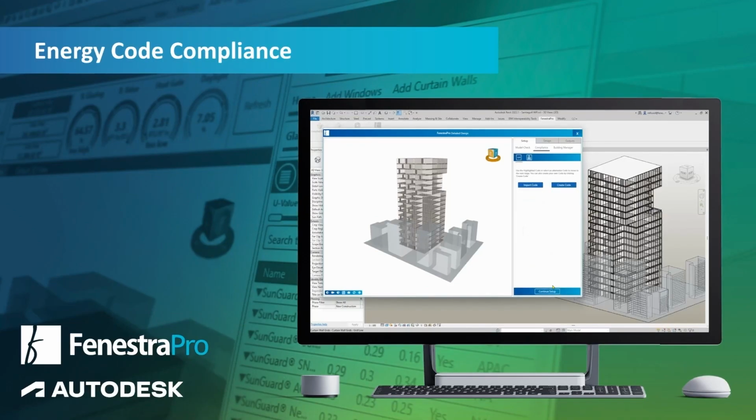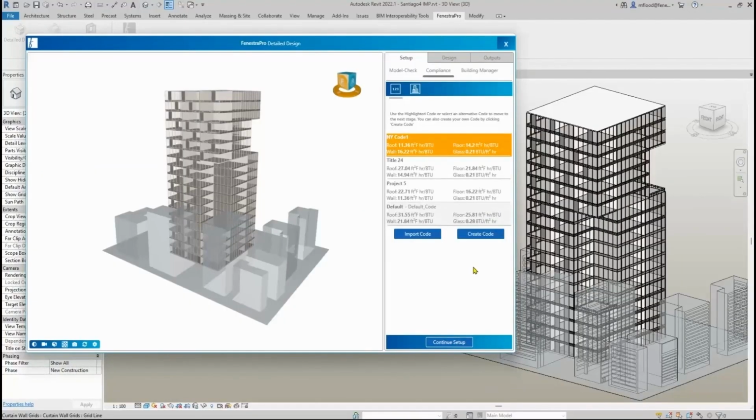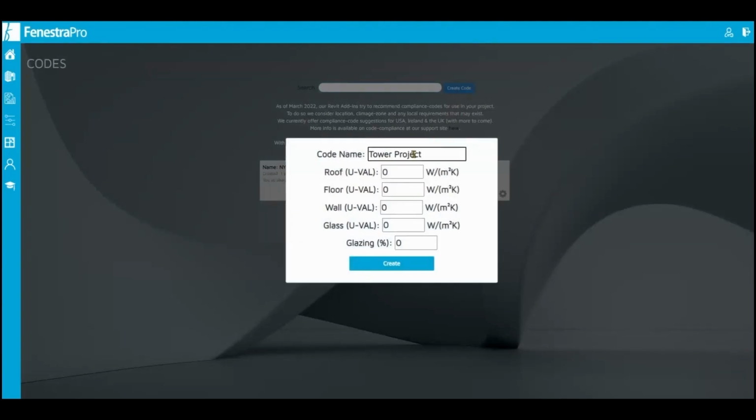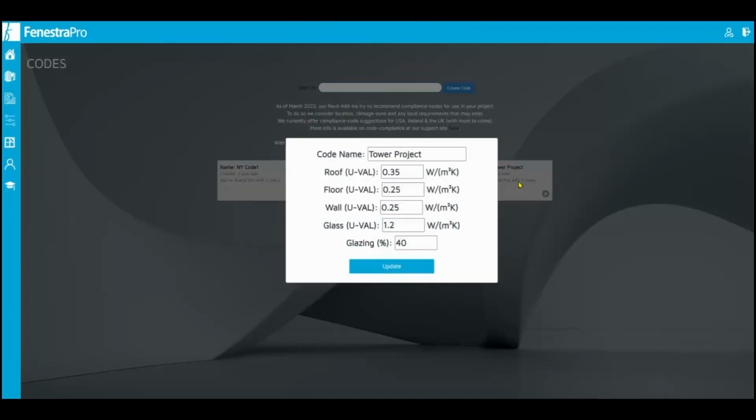Code compliance is something that, you mentioned it a few minutes ago, is a bit of a beast and a bit of a tricky one, and there's all sorts of different things going on, different regions, different territories. But again, from a very high level and from a very early stage, what we wanted to do is just give designers an understanding of: my walls should be this, my glazing should be that, my roof should be this U value. And FenestraPro can identify through Revit the location of your building based on the location of the project,